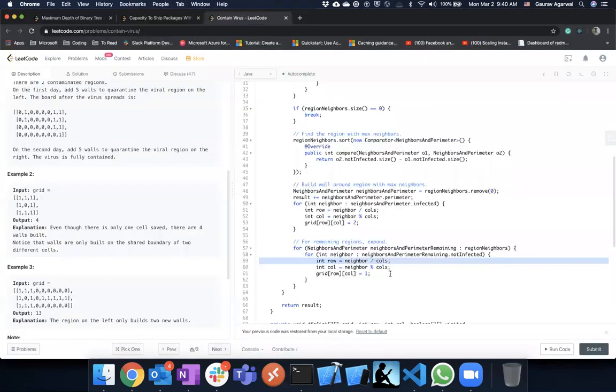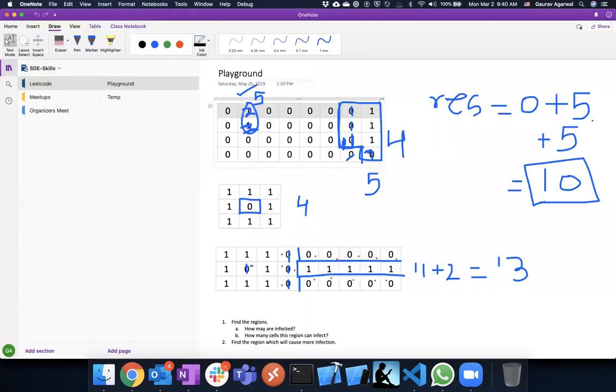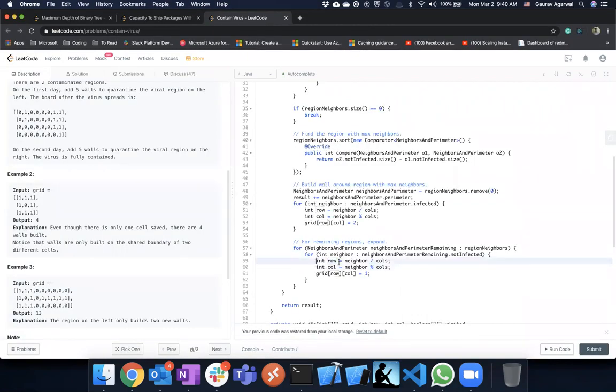So that's how I'm doing that divided by columns. It will give me the row number. Now between these 8, what column am I in? If you do mod 8, from 0 to 7, it will give you either you are in the 0 column, or the first column, or whatnot. Yeah, got it. So this is one of the tricks used in most of the questions if you have to represent a 2D matrix as a 1D array. Okay, got it. Thanks.